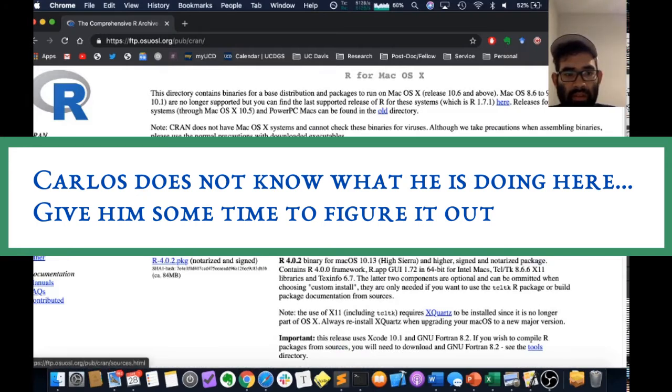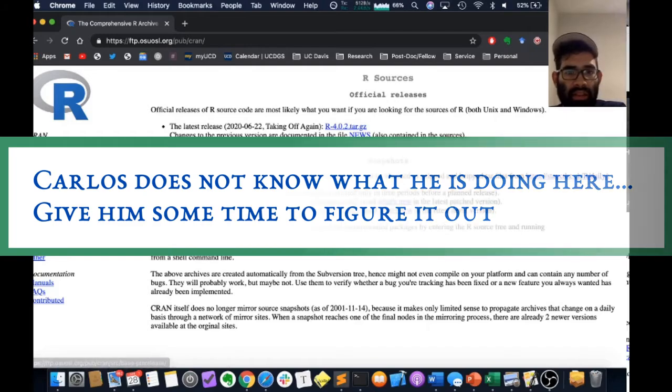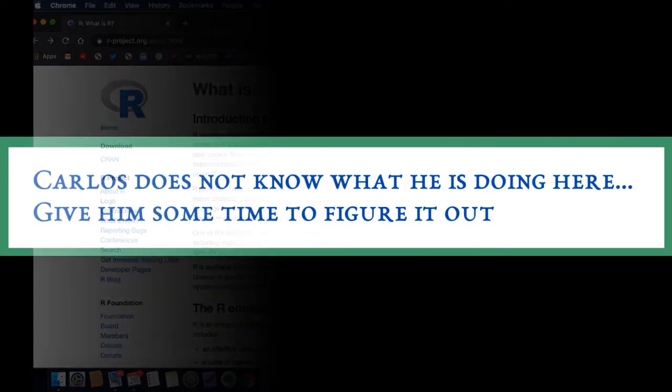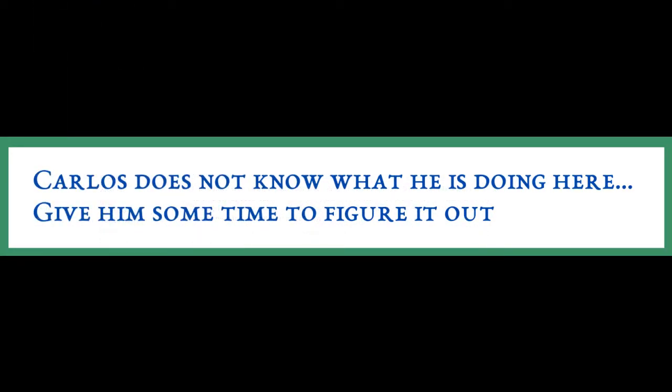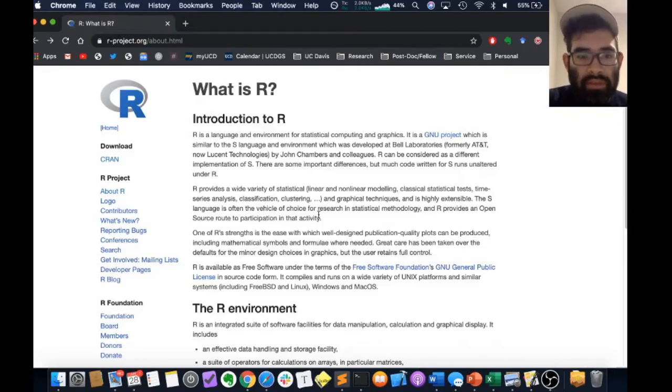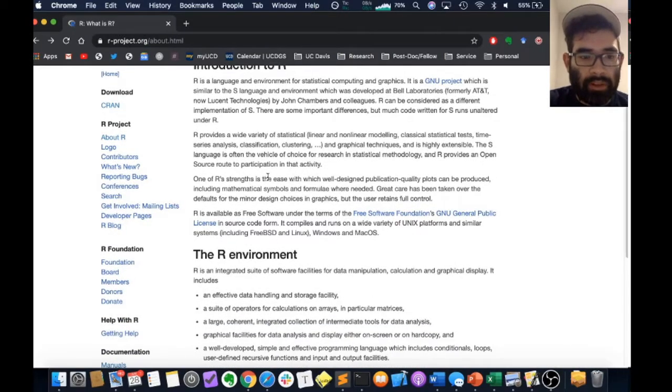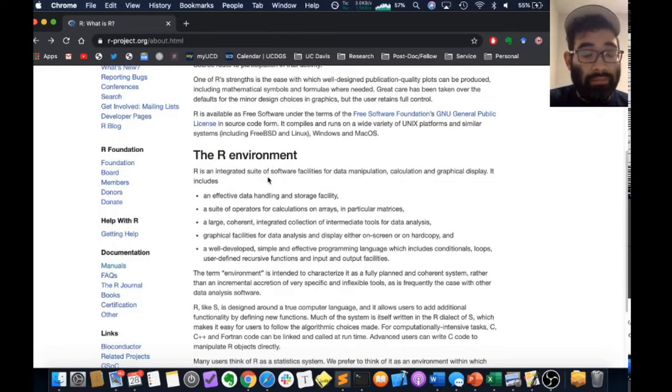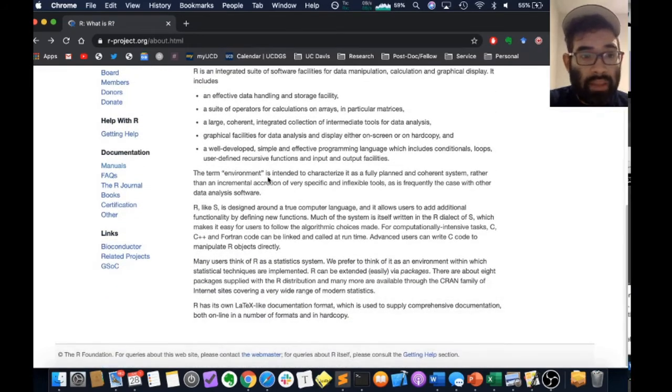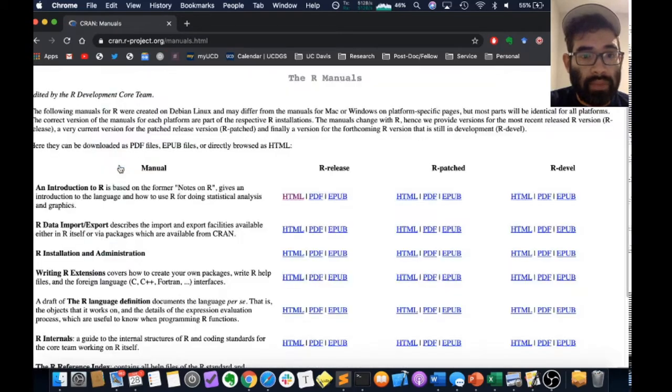Let's see, we have our software, that's what we did. Alright, I'm back after I installed it. I didn't know what to do, so I went back to this web page and I was trying to figure out what I needed, and the only thing that I can think of was to go to the manual. So I went to the manual,